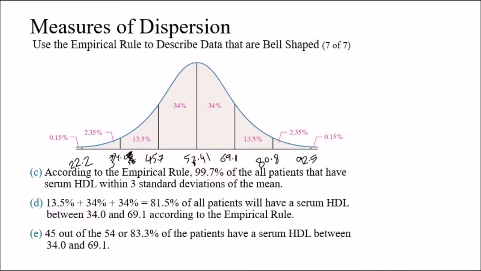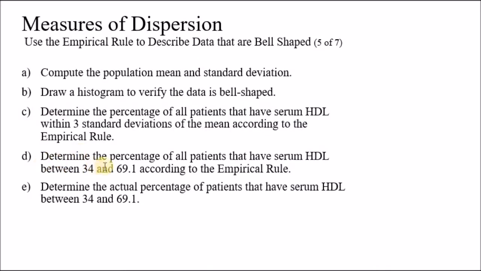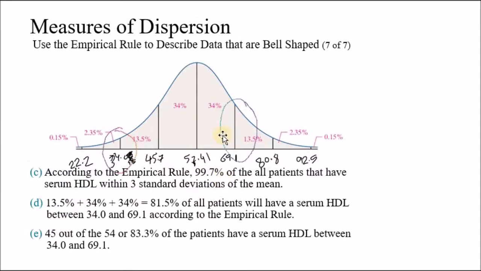So let's look here. This is the 34, and that is the 61.9. The question is asking to determine the percentage of all patients that have serum between those two numbers. So let's count the percentages between those two numbers. That means we're going to add this percent and that percent and that percent together. So that is 13.5% plus 34% plus 34%, which is equal to 81.5%. That is according to the empirical rule. And the last